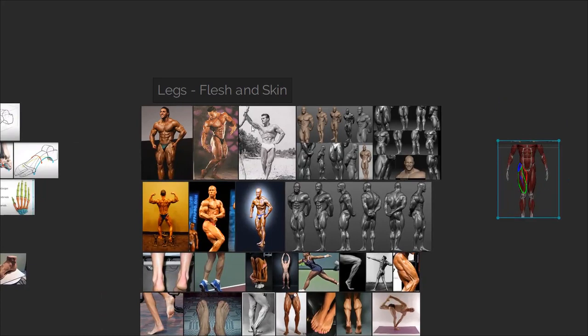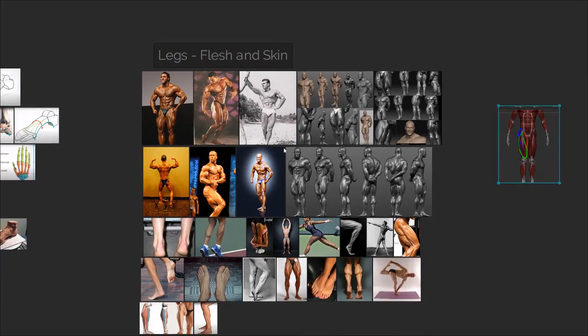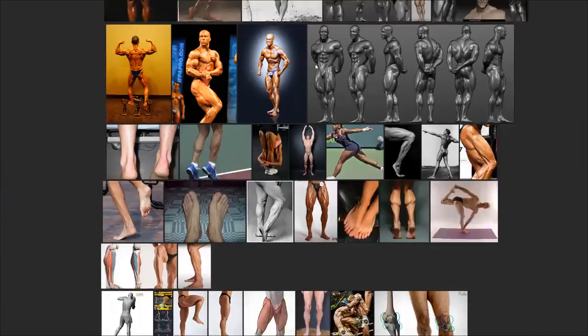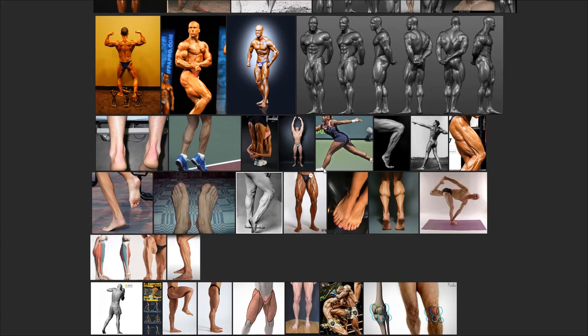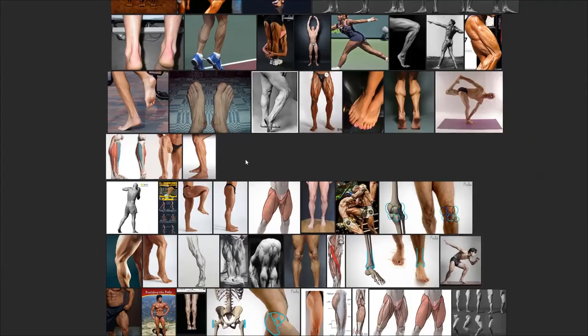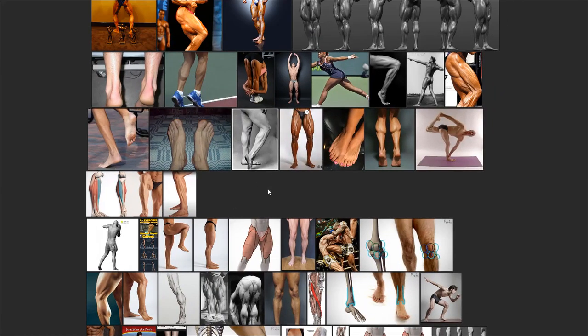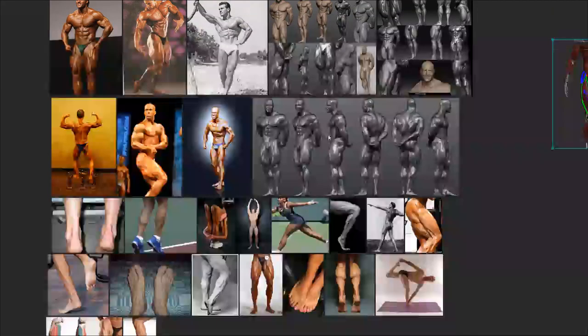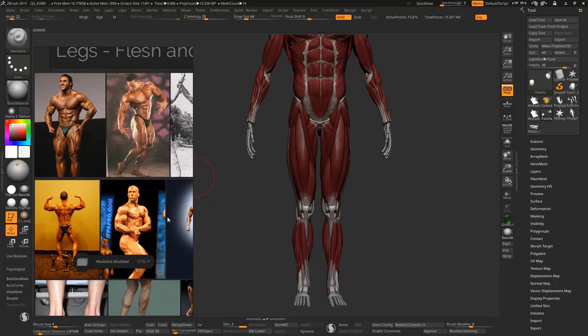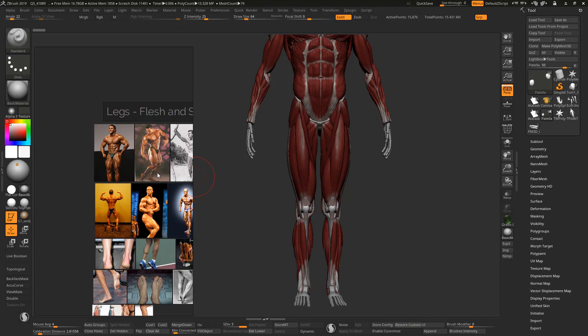But with any research on Google or Pinterest, anyone can find many good references today, because this reference I got many years ago. So today there are way more images on the internet, so you can always do your own research